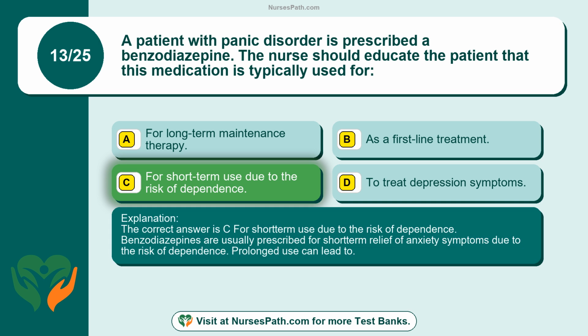The correct answer is C. For short-term use due to the risk of dependence. Benzodiazepines are usually prescribed for short-term relief of anxiety symptoms due to the risk of dependence. Prolonged use can lead to